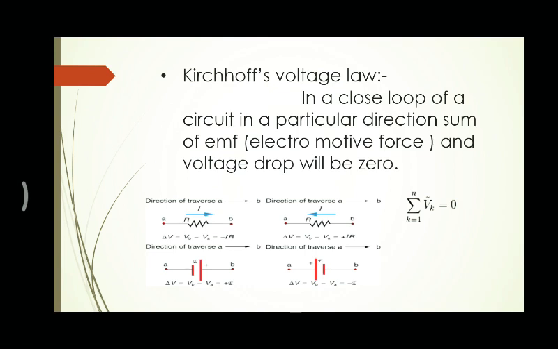Second element. In the second element, we can see that current is flowing towards A from B. So the potential at point B is higher than the potential at point A. So the potential difference from point B to A will be positive. So we get the result that in the opposite direction of current, the voltage drop will be positive. So we have two results: in the direction of current, the potential drop will be negative, and in the opposite direction of current, the potential drop will be positive.